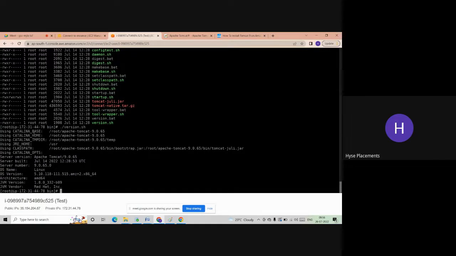Using Catalina base, Catalina home, Catalina TMP directory, JRE home /usr, class path is this, Catalina opts, server version, built, server number, operating system is Linux, operating system version is 5.10, architecture this, JVM version is 1.8, JVM vendor is Red Hat. So these are the details about Java and Tomcat. Okay. Similarly, now let me type netstat